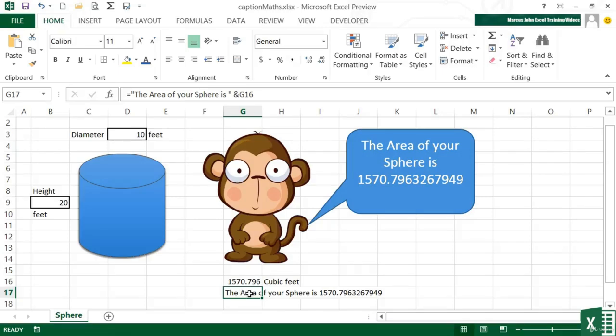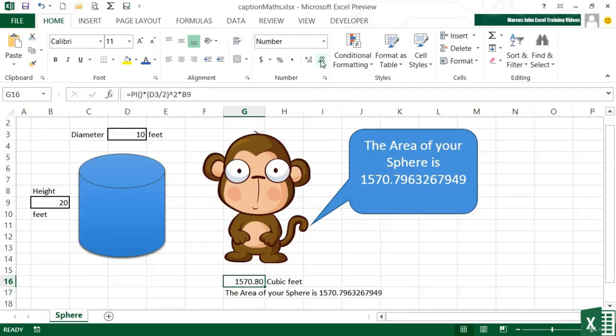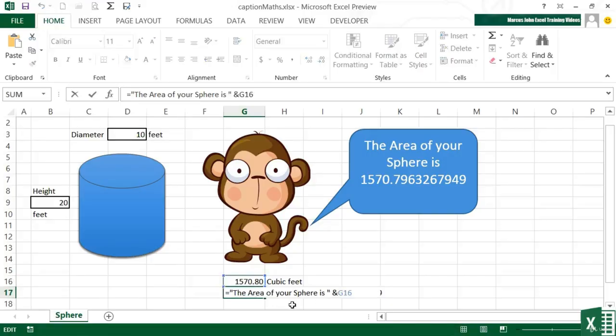And I'm getting a lot of decimal places, even though I could format this cell to display less, so I could display only 2 there. That doesn't change here because this is picking up the raw number of that cell. What I need to do is use our little text function again. So instead of just picking up G16, I pick up the text function working on G16, comma,